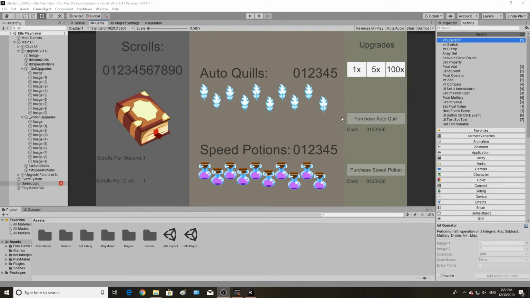Continuing on with our efforts to learn the Unity UI system by creating an idle game using Playmaker, we're going to take a look at our icons. We need some kind of visualization to show the player progress as they buy upgrades. Now, what I want is for all of these icons to be gone when we start up, and then